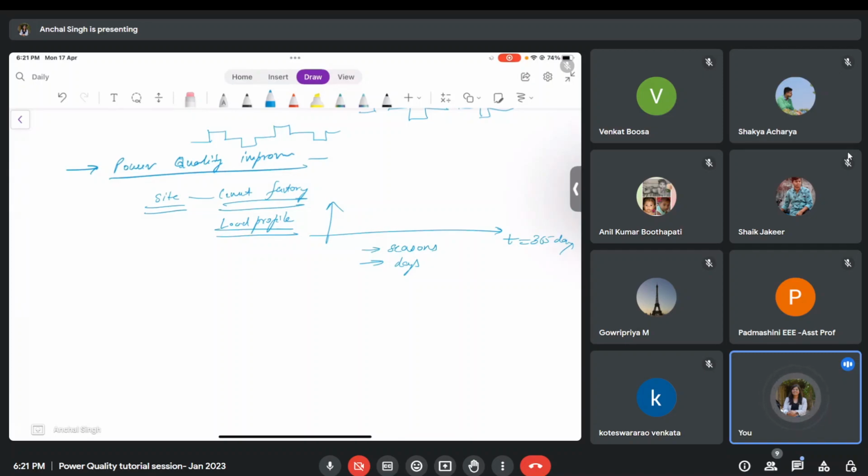So every company has certain periodicity that you can use to estimate the power quality equipment that you are going to put there. But you have to do this load profile study. Say from 12 a.m. to 12 p.m., this is the current profile needed. Then this much current is needed, then this much is needed. So over the 24 hours you will observe that. Then you will observe with respect to the change in season what is happening, in which month what kind of consumption is coming. So there is a whole new research area in which you do the load profiling.